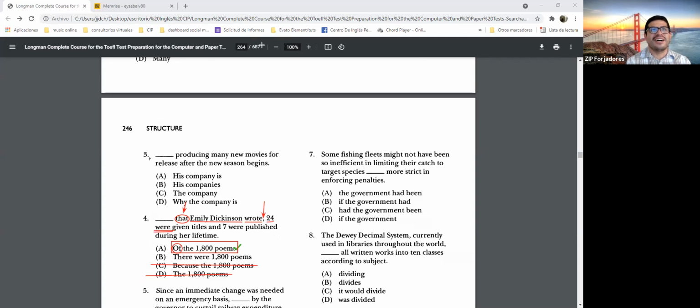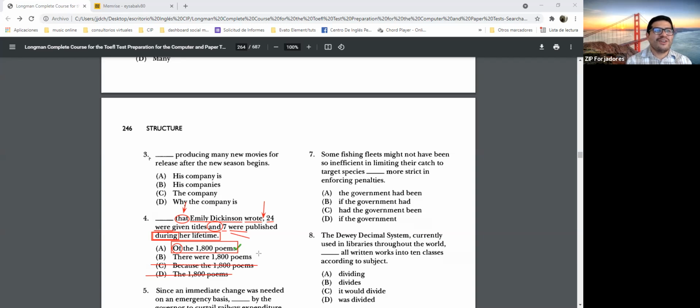And we have a conjunction that is "and," so that means it joins two of the same structure, subject and verb. So it's the same structure, right? And then "during" is a preposition, with object of preposition "her lifetime." So the confusion is, why can we not choose letter B? What do you think? Because of the comma again, because it's an appositive.